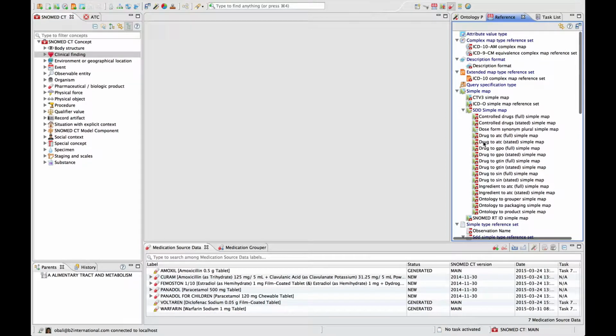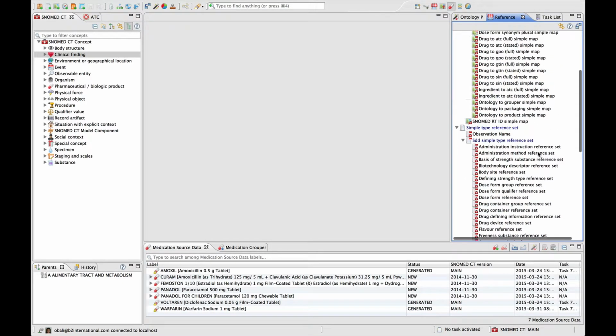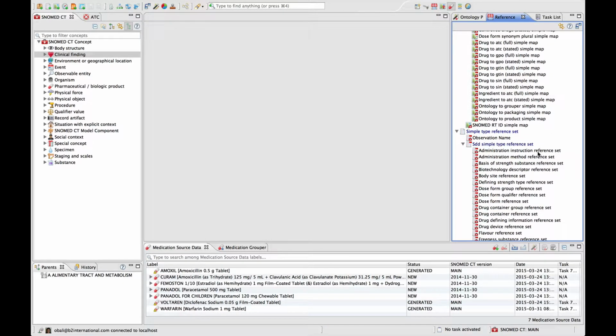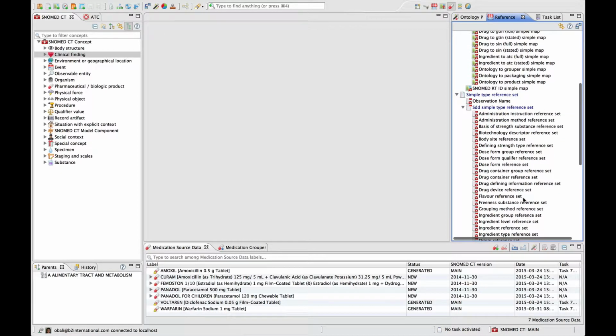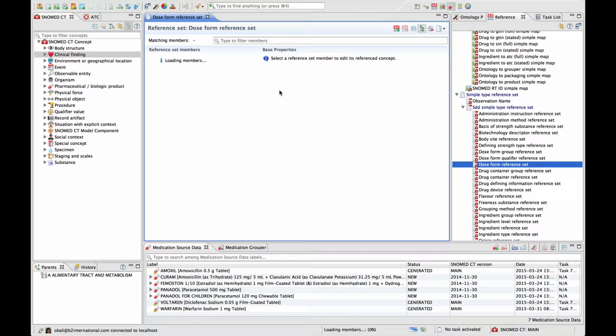On the reference set navigator, we have a large number of reference sets from the Singapore extension of Snowball City. Reference sets are basically collections of concepts that are collected for a certain reason. One reason can be that they are used to define a drug product. These are the so-called supporting data reference sets here. For example, there is a dose form reference set in which our Singaporean users have collected all the dose form related concepts from the Snowball City